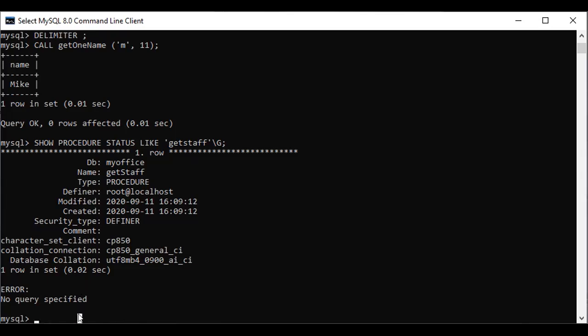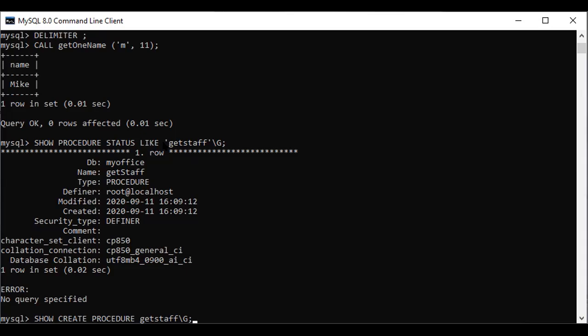Sometimes we may need the syntax of the procedure. Here is no syntax. What is the logic? This is not here. So if you want to see that, the syntax is: show create procedure and the name is get staff, and to see it vertically, slash G. We don't require quotes here because this is not a wildcard like this one.